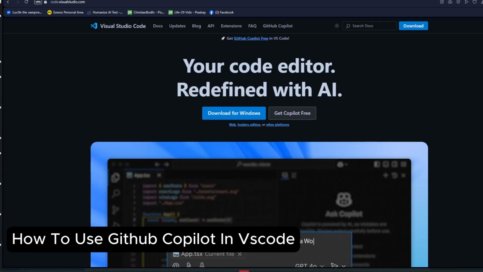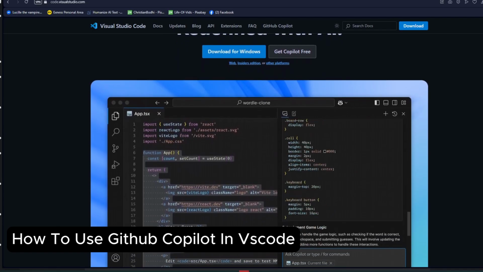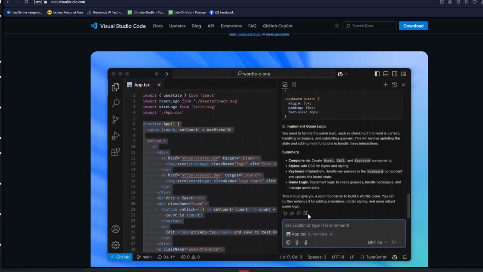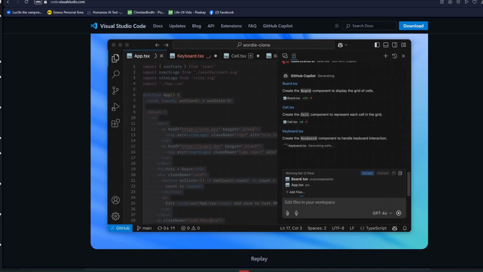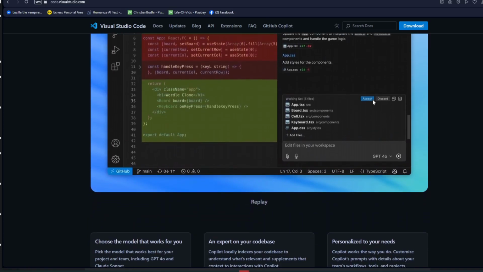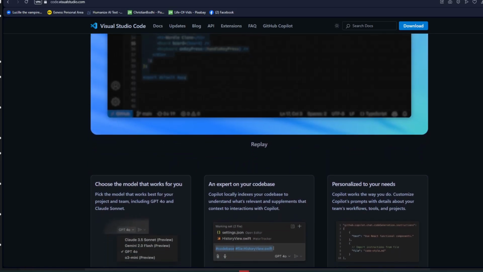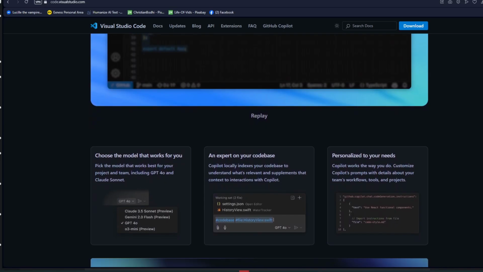How to use GitHub Copilot in VS Code. GitHub Copilot is an AI-powered coding assistant that helps developers write code faster and with greater efficiency. Integrated with Visual Studio Code, or VS Code, Copilot suggests entire lines or blocks of code based on comments and